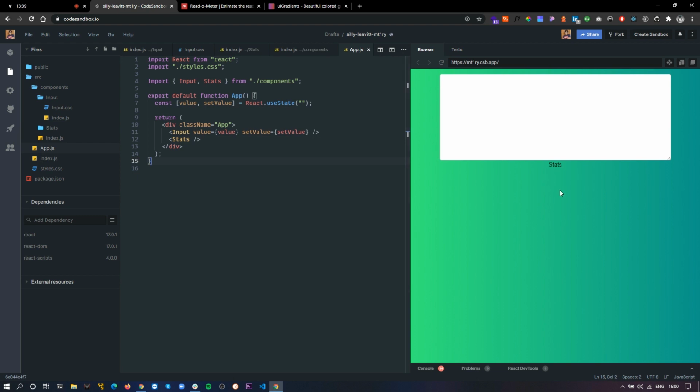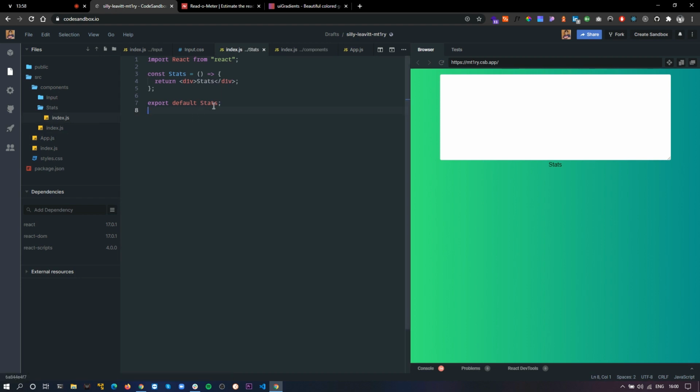Now we have to work on the stats component. Let's start by designing the component first. I'm going to make some tiles maybe. We're going to have some tiles that will show reading time and the number of words. So let's close this. Let's go to our stats component. And I'll make one more component.